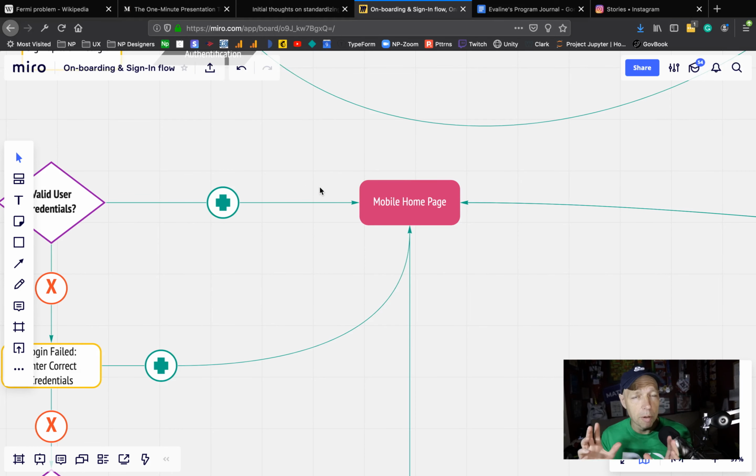But it's not a mobile homepage. It's a homepage on a mobile phone. A mobile homepage would just be a page of mobile homes. I see what I did there. Anyway,